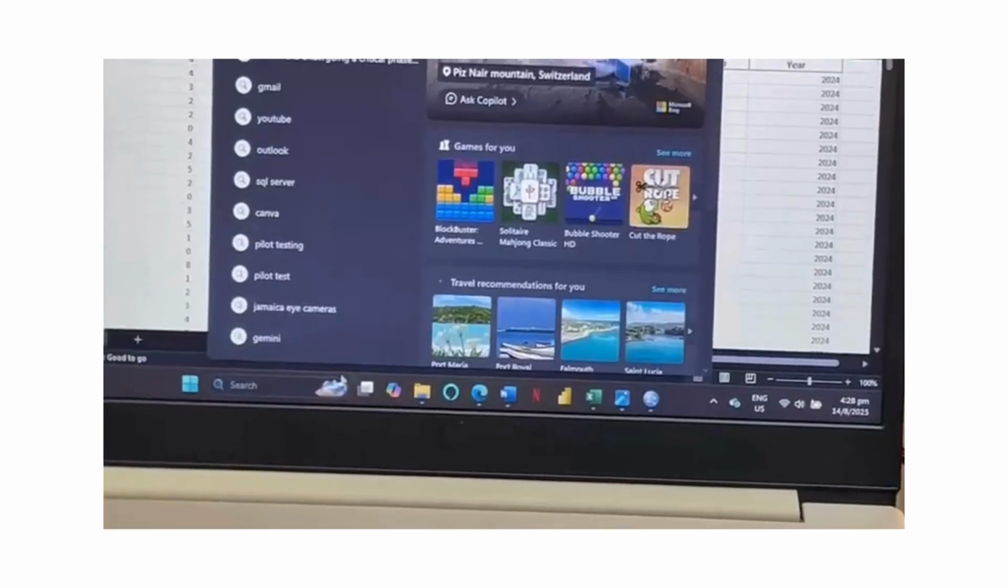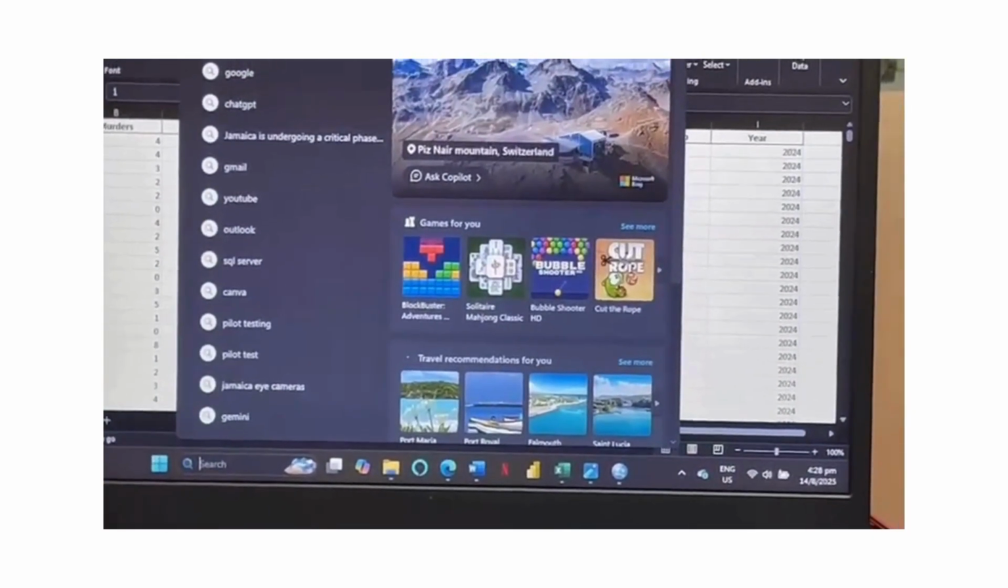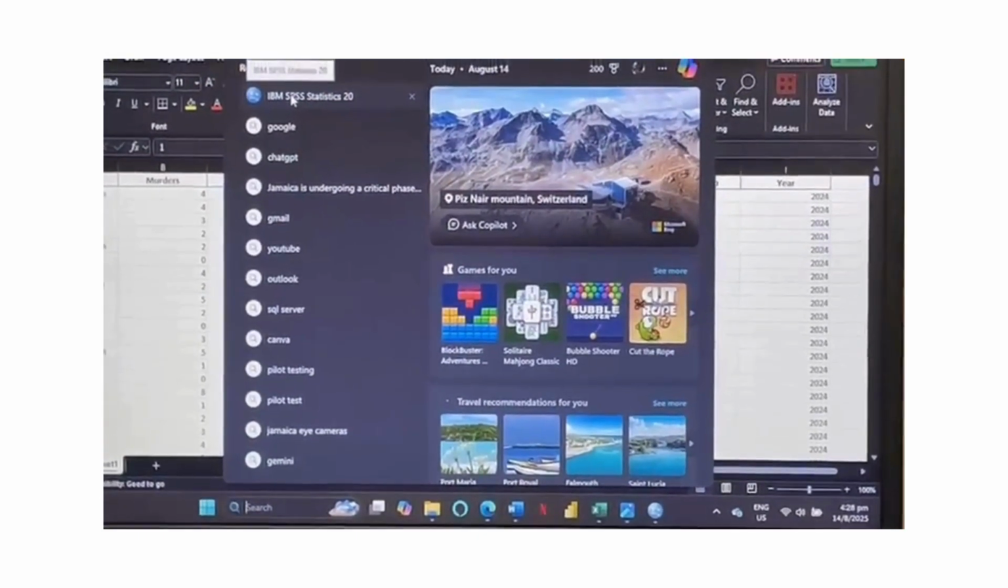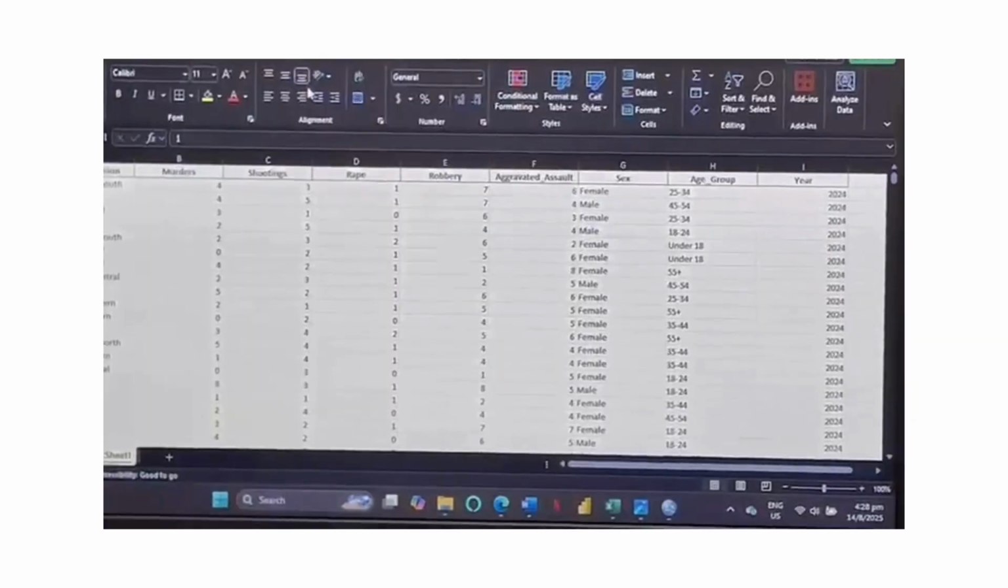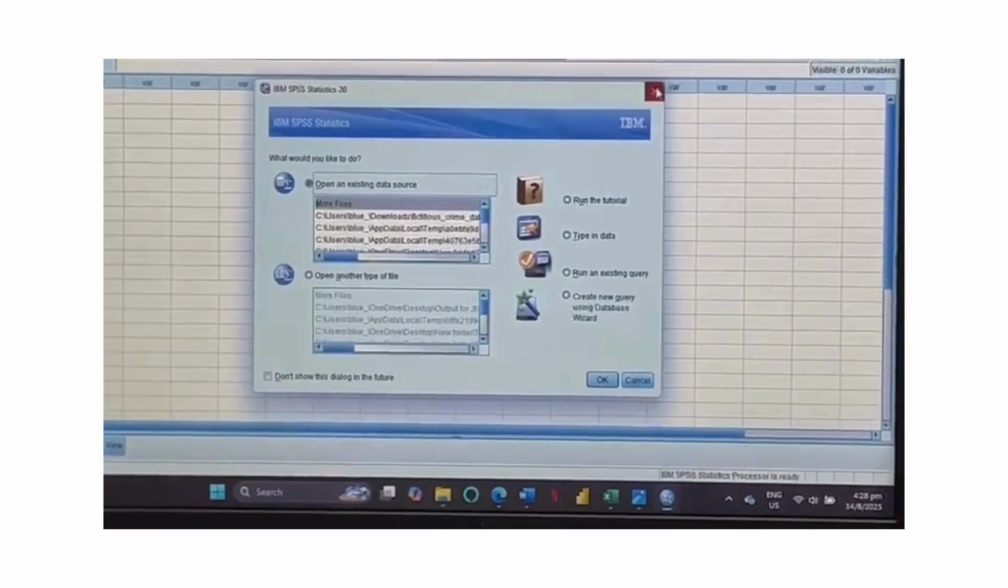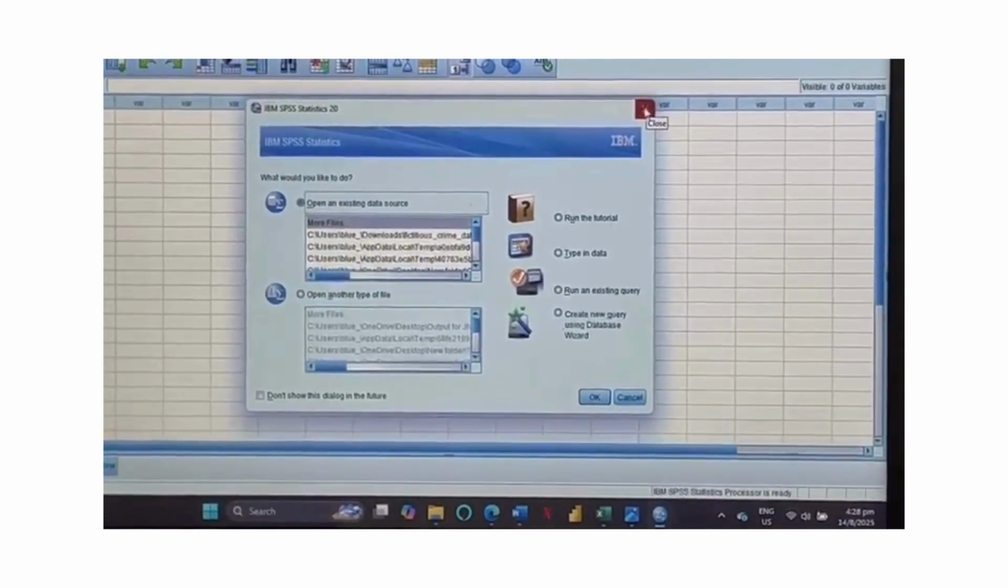So we go to search. We did it pretty recently, but usually type in IBM SPSS and select it and launch. And now that we've launched, what we're going to do is to move into step three, which is to select the